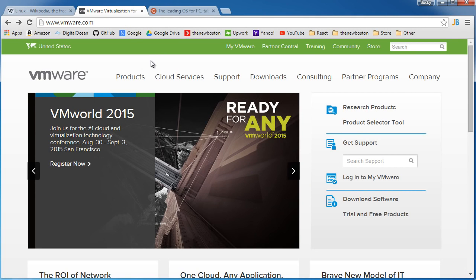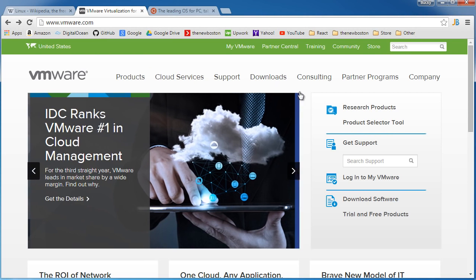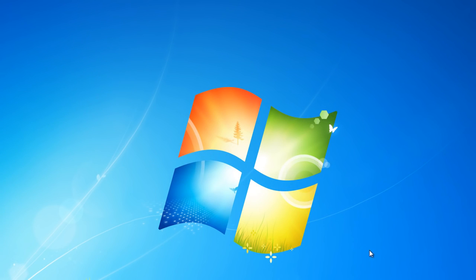In this tutorial series, if you're just getting started with Linux, I'm going to show you guys how to install something called a virtual machine. Now, a virtual machine is pretty much a computer within a computer. What the heck am I talking about? Well, whenever I show you guys how to set up this program, it is going to allow you to host an entirely separate operating system within Windows or within your Mac.